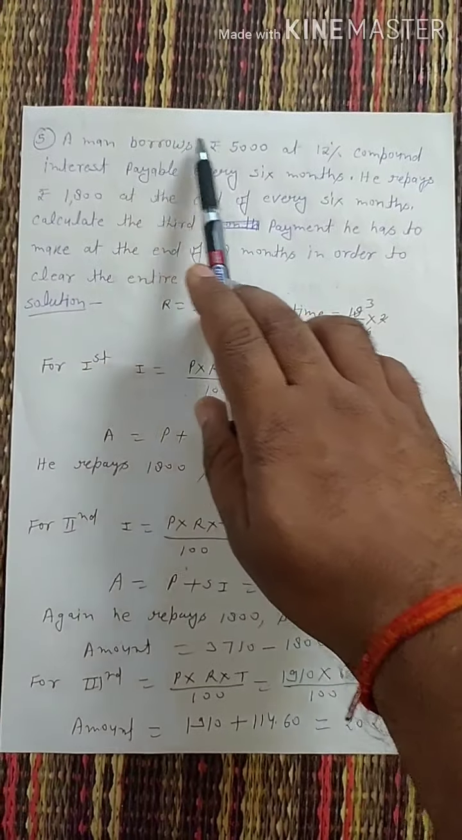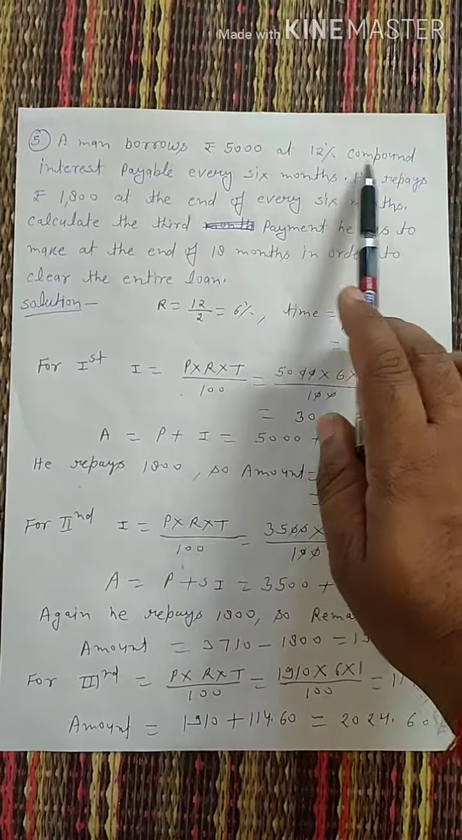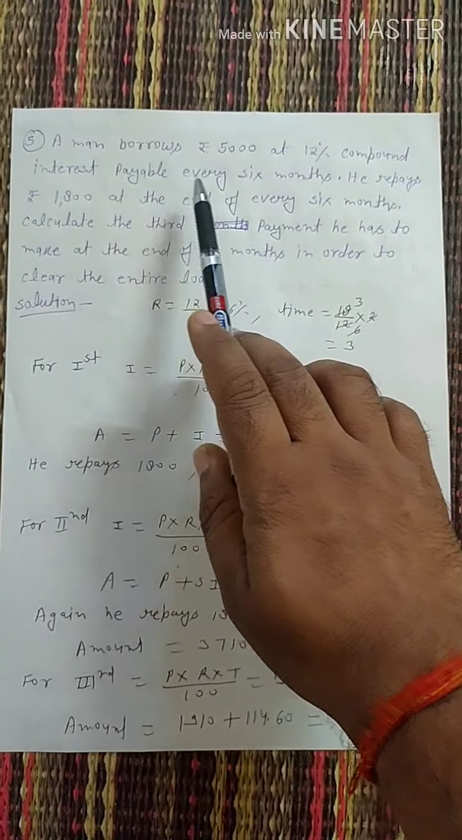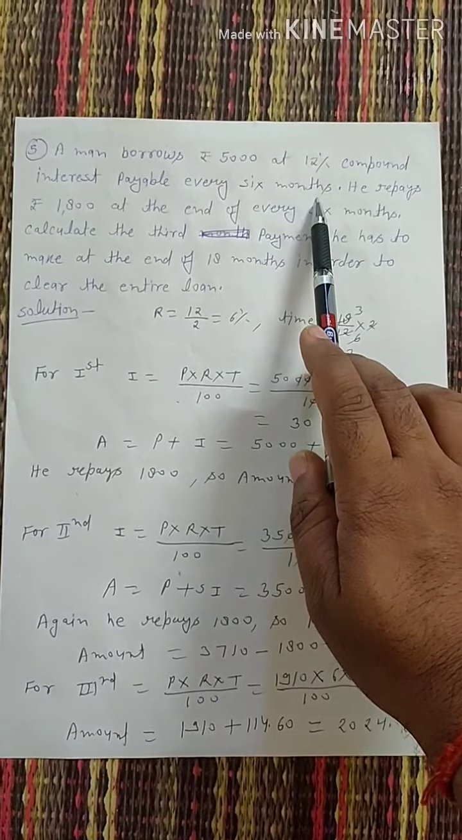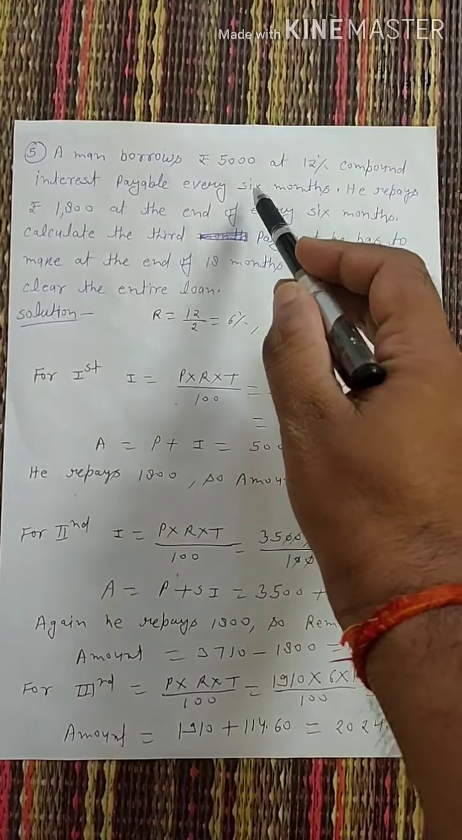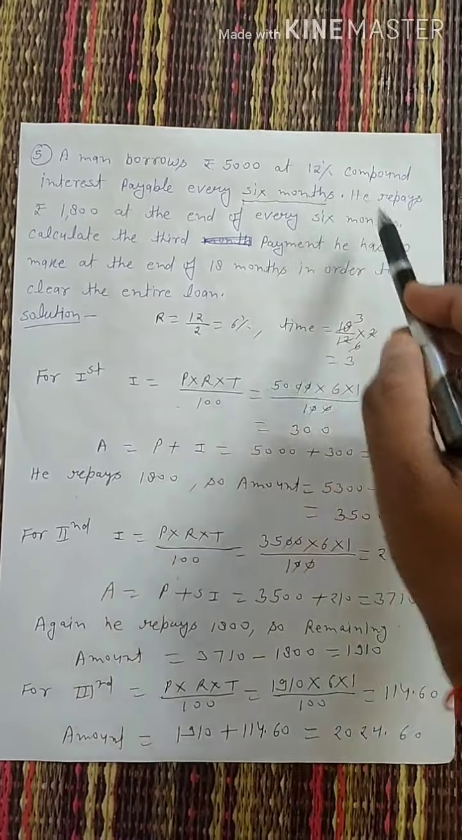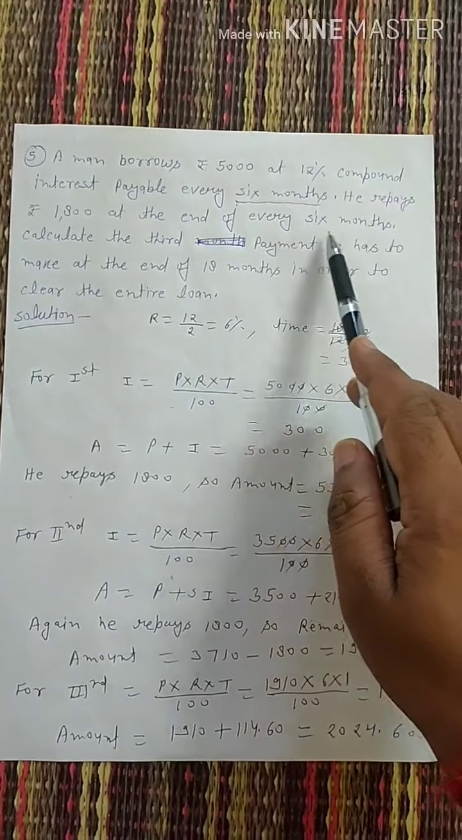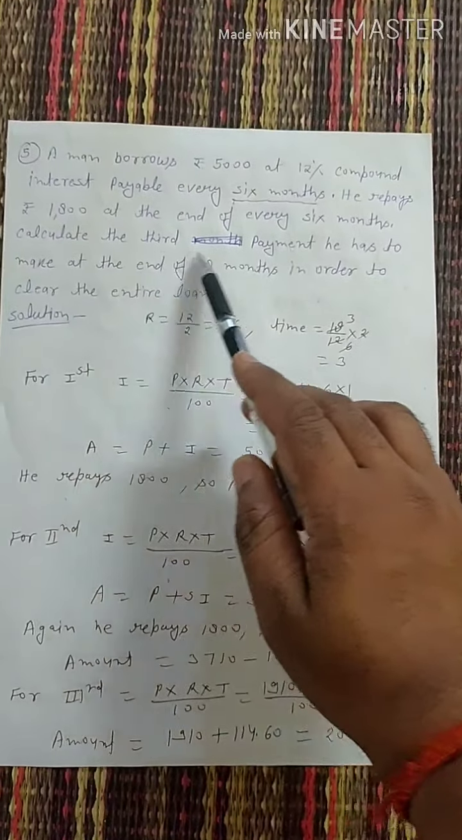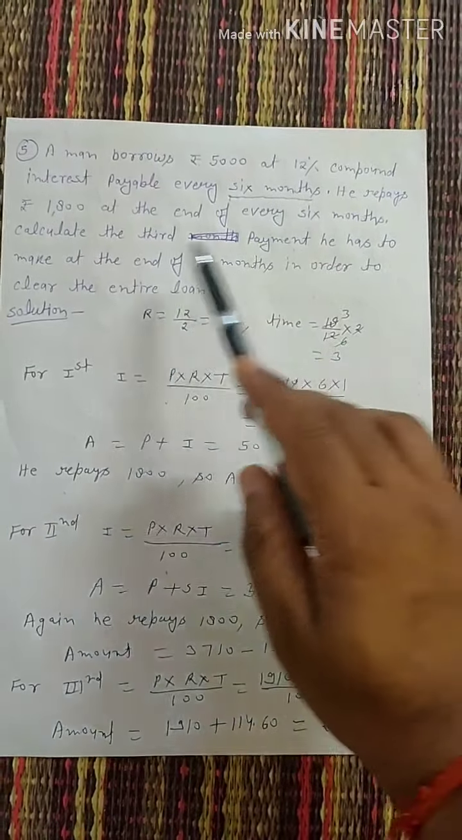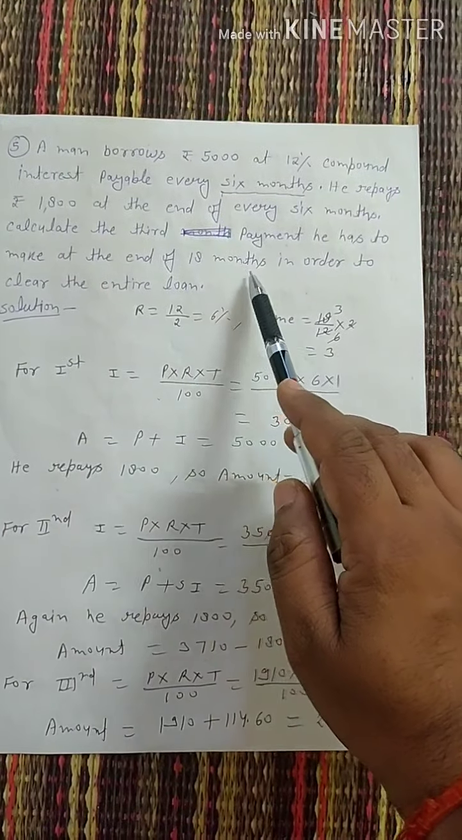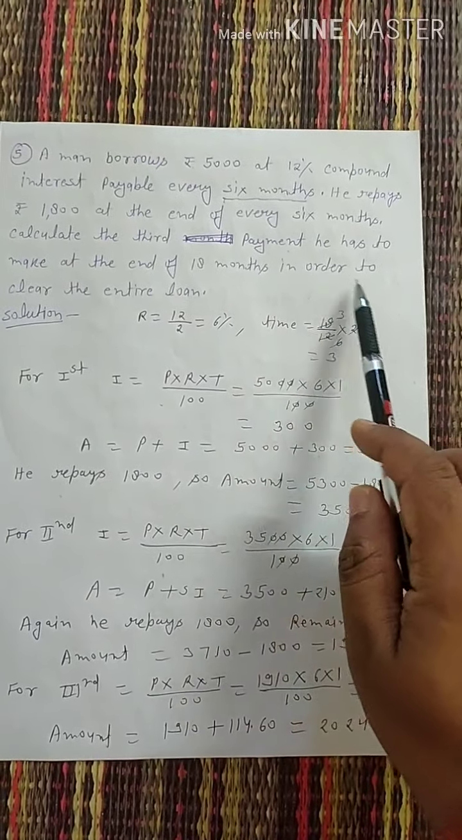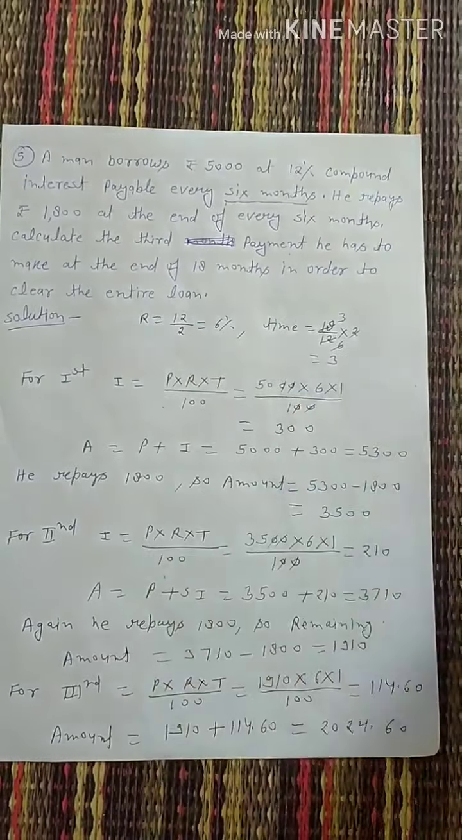Okay, now we solve question number 5. A man borrows 5,000 at 12% compound interest payable every 6 months. Important words: every 6 months. He repays 1,800 at the end of every 6 months. Calculate the third payment he has to make at the end of 18 months in order to clear the entire